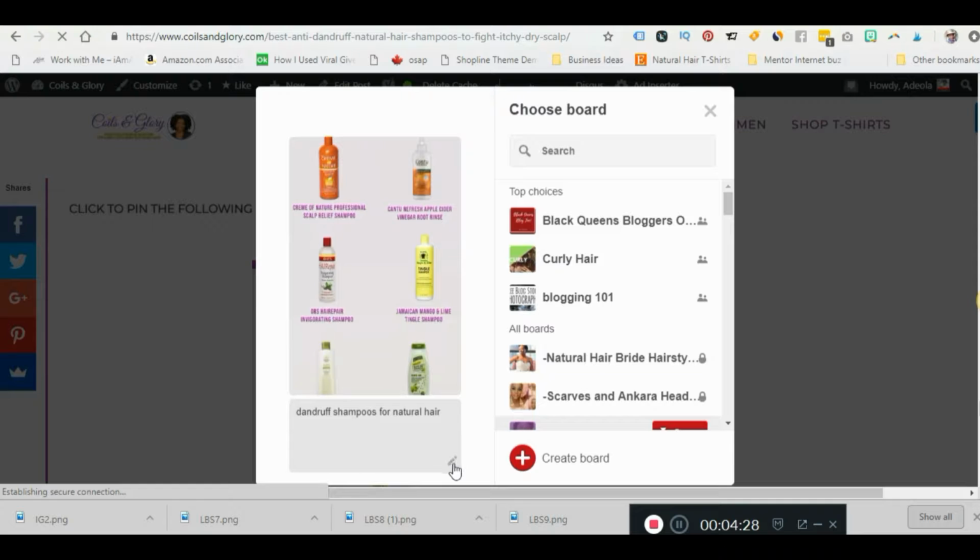So what I'm going to do is click on this pen right here, and I want to add as many keywords as possible. So what I like to do is just add that, and if you put for natural hair. So you looking for the best